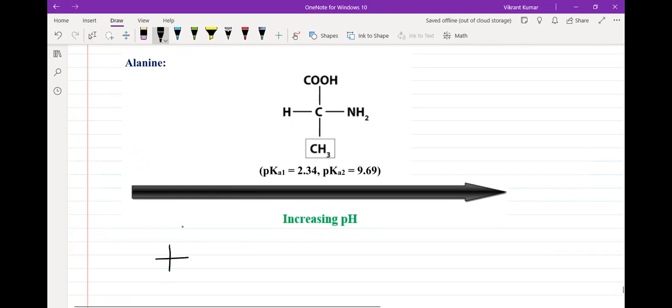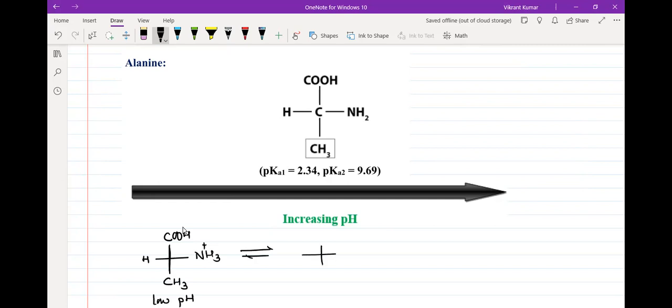So if I say this was the form, we have got H, we have got COOH, I'm talking about low pH. We have got CH3 which will not be affected, but this will become NH3 plus, right? So this is the cationic form. And after this, if I'm increasing the pH, so this was the range of low pH one, and then if